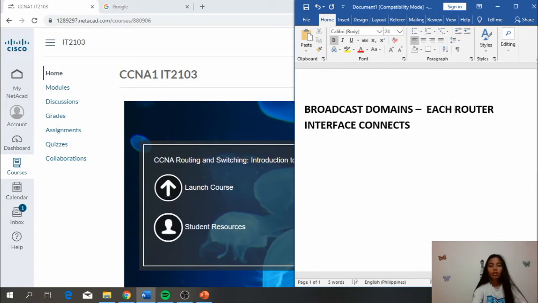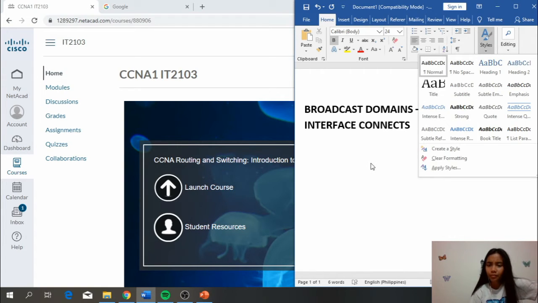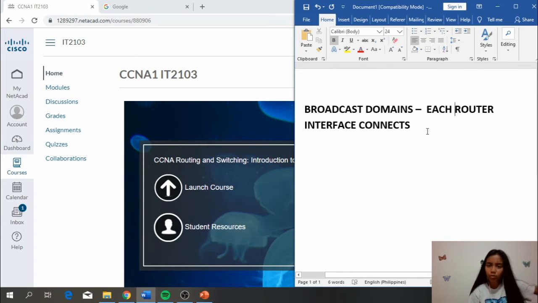Each router interface connects in this, so it connects here, and there are some